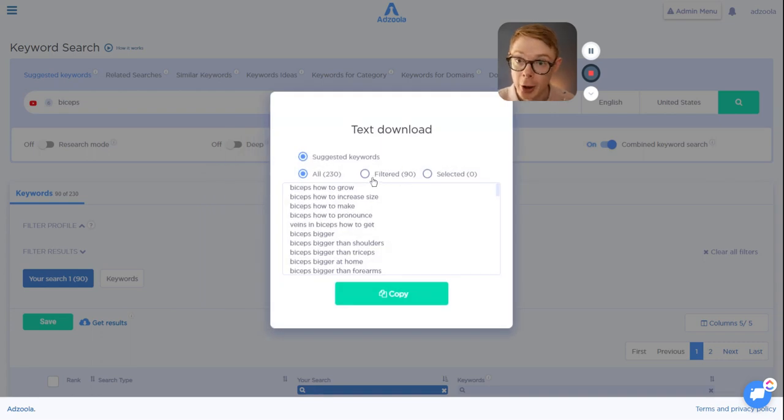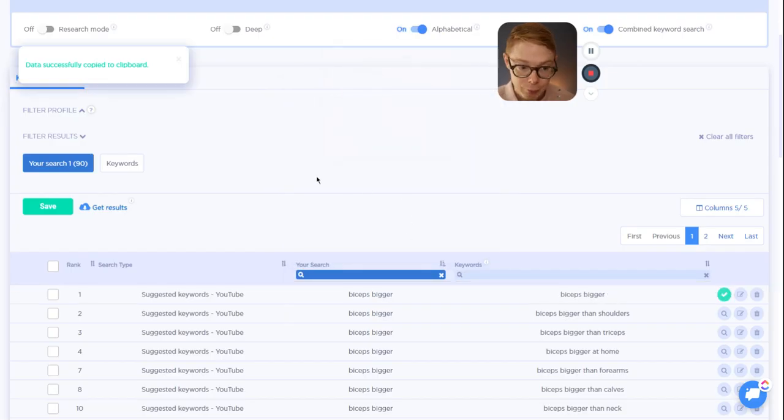You can choose whether you want to copy the filtered ones that you've checked, and that will be the selected ones. So if you've checked a box next to the keyword, you can click to get those. Or if you just want all of them, you can copy it to your clipboard and then paste it wherever you like. Of course, you can save, and we'll talk about saving in another video, but that